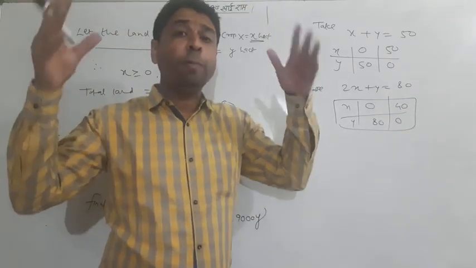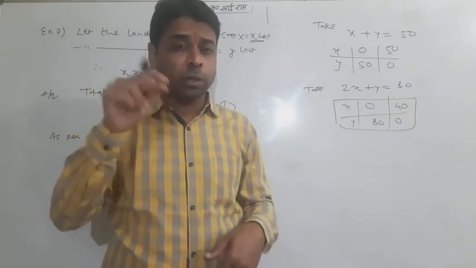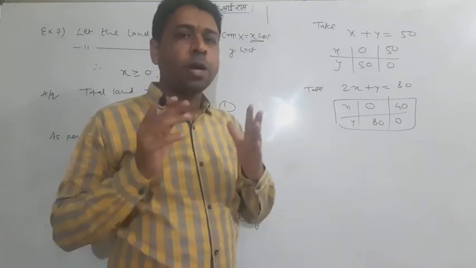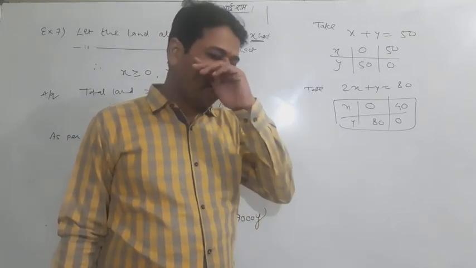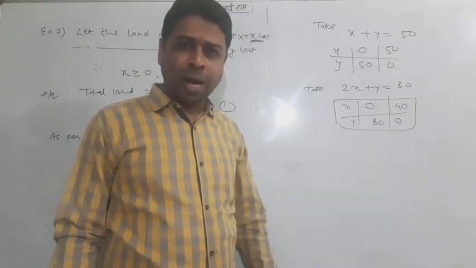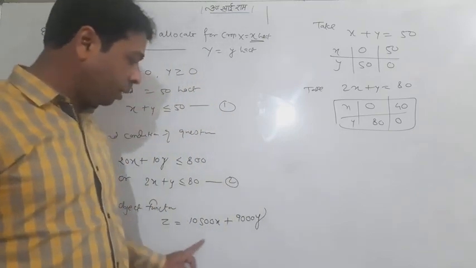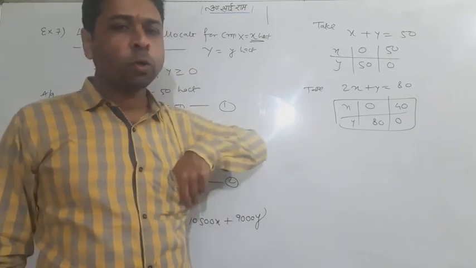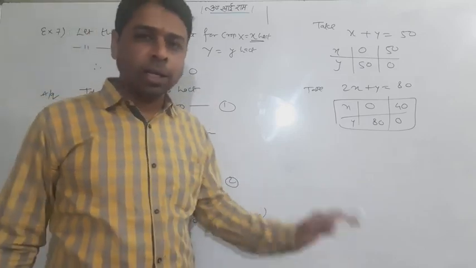Now make a graph on a full page. Take 1 centimeter equal to 10 units, and mark 10, 20, 30. You just mark 8 marks on the X and 8 marks on the Y and make a good picture. After finding all, you can take the help of the picture of the example. Everything is given in the example with a picture with solution. So I think now you would have a good feasible region. Choose a corner point and put it in Z. The maximum value of Z you can obtain from there. Hope it was a good lecture today and you have learned a lot, because these questions are coming in exams. Get ready for that.